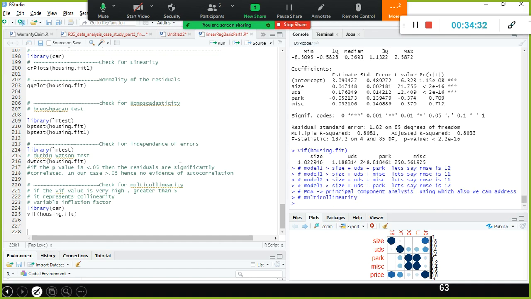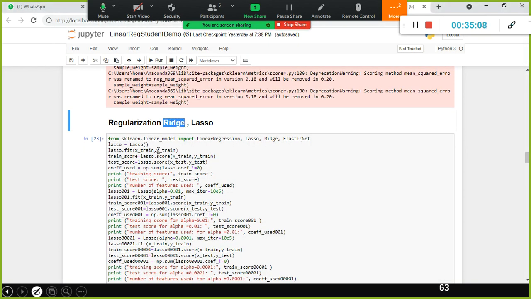So now you understood what collinearity is; collinearity is nothing but multicollinearity. What is multicollinearity? Correlation amongst the independent variables. Correlation should exist between independent and dependent variables. It should not be between the independent variables. Okay, got it? So what is the way out? This is a simple way out. If the number of features is very small, you can do it this way. But in reality, we don't get a small number of features, so in that case you leave it to ridge regression. It will take care automatically.